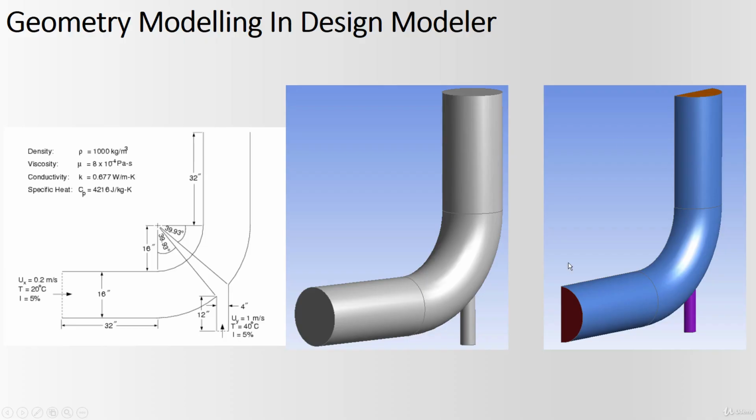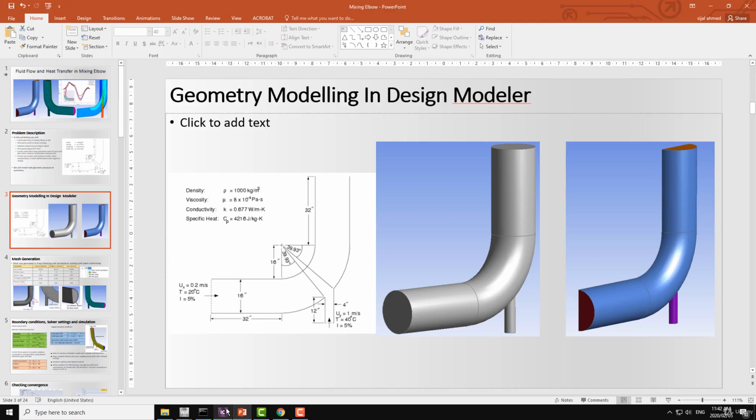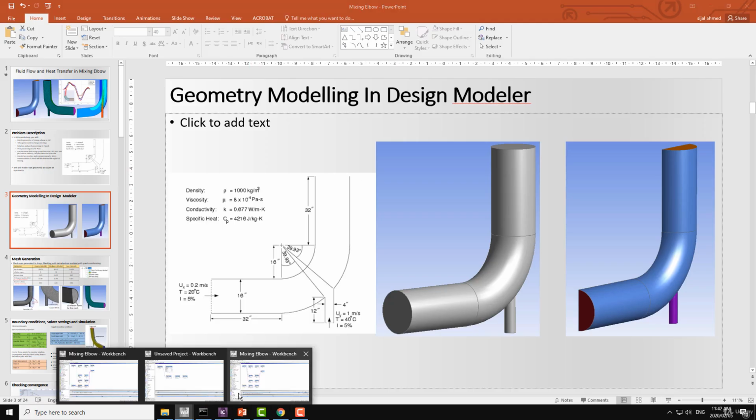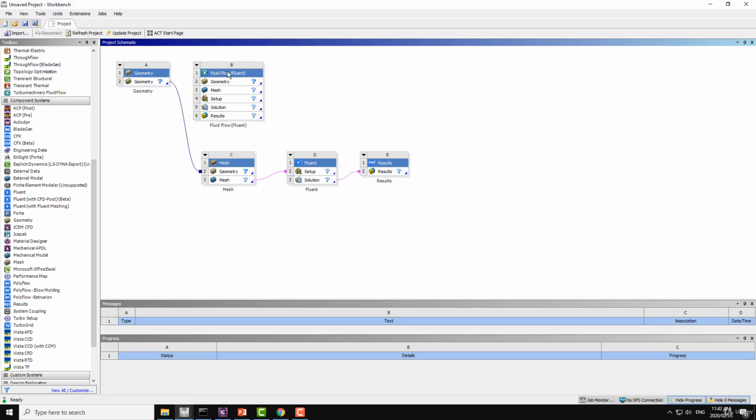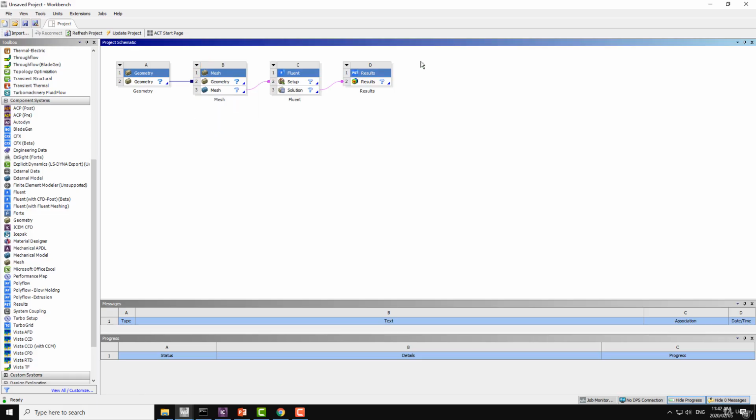In this way, we can save our resources in terms of the meshing, the disk space and the memory, as well as the solution time on the CPU. So now let's start with the geometry part in Design Modeler. I will go into my new project file, which is here. I will delete all the other cells from here, including the mesh and the Fluent cells,